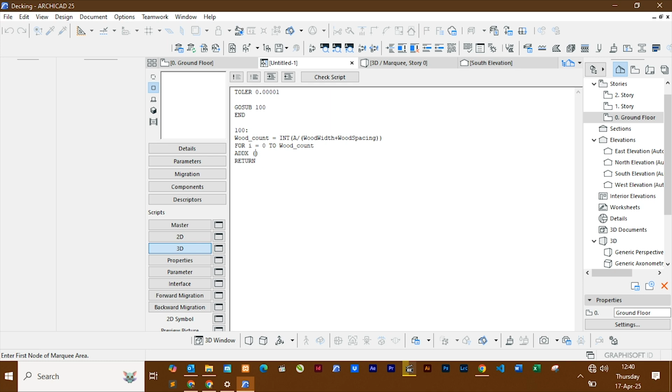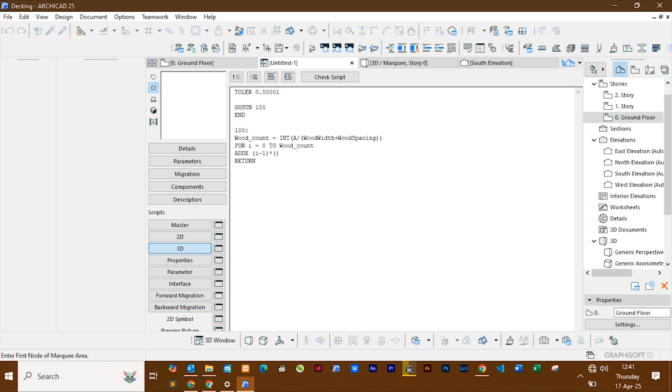The total will be I minus 1. Why are we reducing by 1? Because as you make this calculation of wood count, you may get some decimal points, and this is where we get the issue of the math value of floor or ceiling. And to counteract that, we need to reduce by 1 and then multiply this